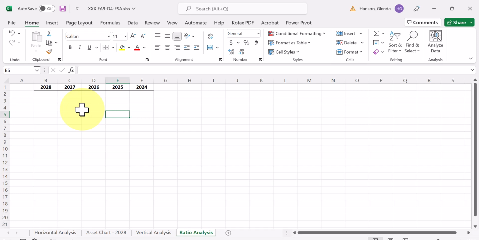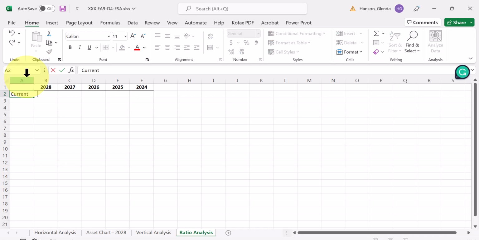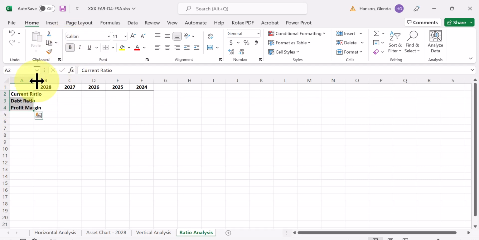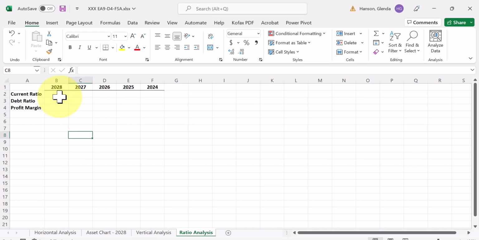Then A2 to A4, we're going to type current ratio, debt ratio, and profit margin. So we're going to add bold to these, and then we're going to pull this over to 12. Whoops, there it's 12 right there. Okay, there we go. Now we're going to put some numbers in here,